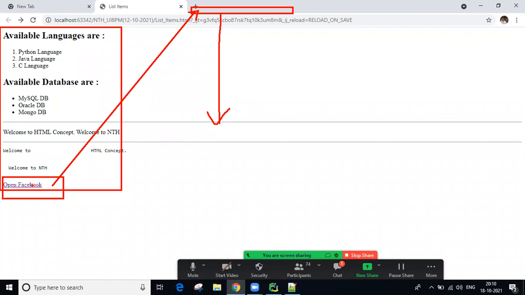By default it is going to replace in this tab only, in this page only. By default, in this current page only, our new application's content replaces the current one. I don't want to do this. Whenever you click the link, I want to open another tab. In that tab, I want the new application to open.